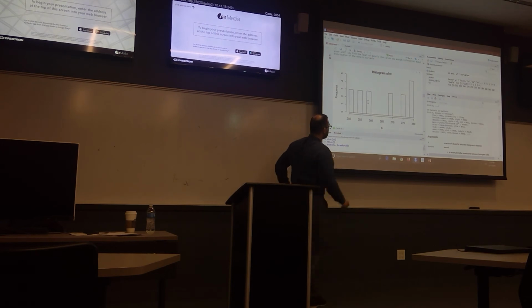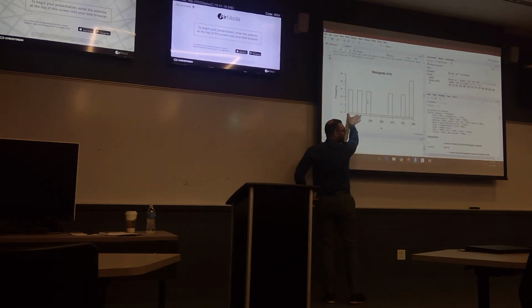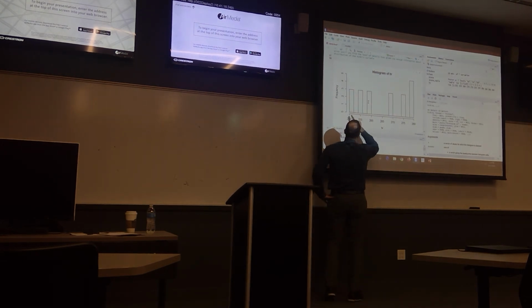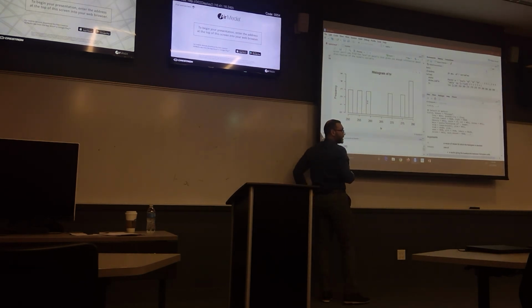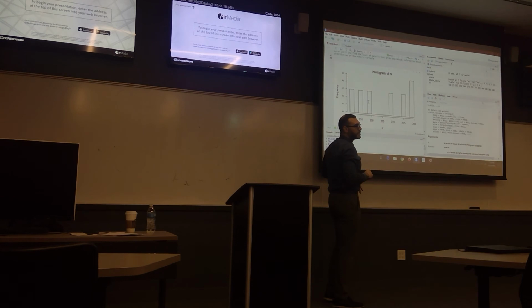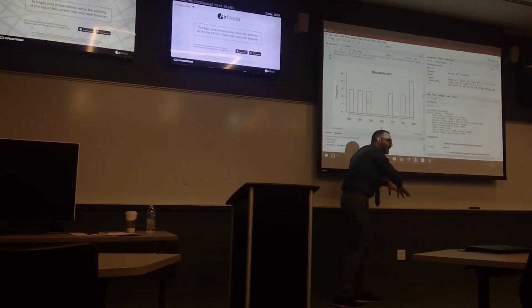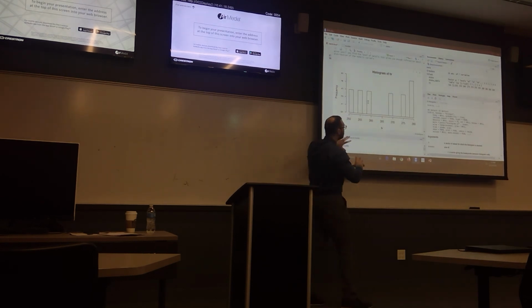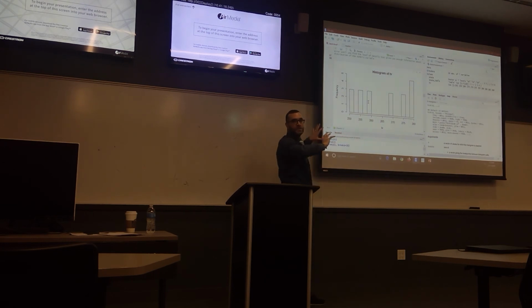Instead of having one bin and one bar between 250 and 255, now I have 3. So I have a more detailed distribution, and now I can see that kind of uniform distribution better than before, because there's more detail.